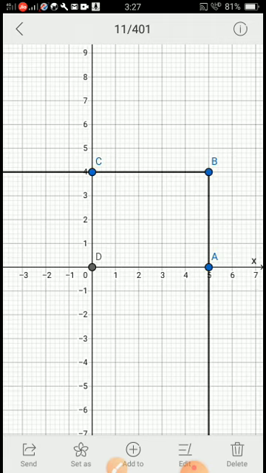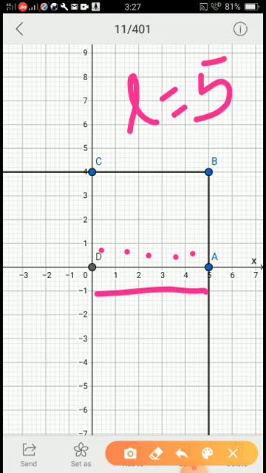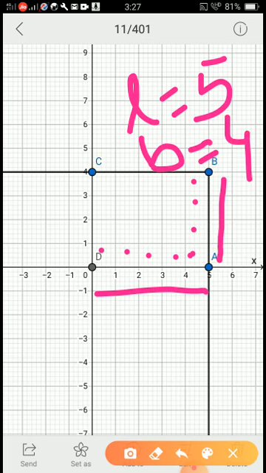But how can we differentiate a square and a rectangle? You have to check the length and breadth. So we'll see what the length is here. AD is the length. Just count how many squares you have: 1, 2, 3, 4 and 5. That means my length is 5 units. Then what is the breadth? The breadth is AB. You just count the squares: 1, 2, 3 and 4. That means my breadth is 4 units.